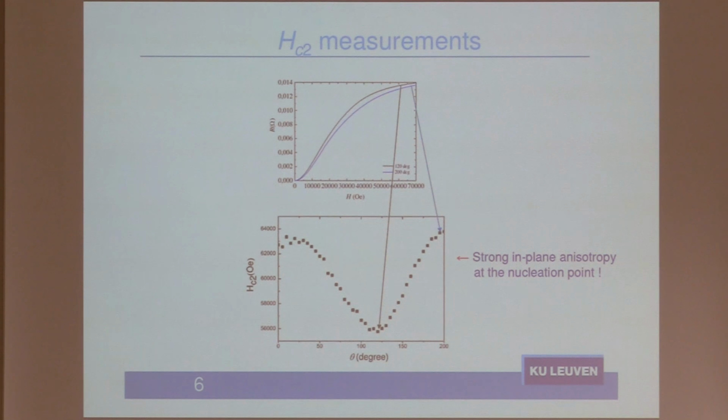So then what was measured also, this is the second critical field. The second critical field is the field at which the superconductivity disappears. So we apply the field. This is a type 2 superconductor, so the superconductivity disappears. It depends on the temperature at which you measure. The lower the temperature, the higher the field.